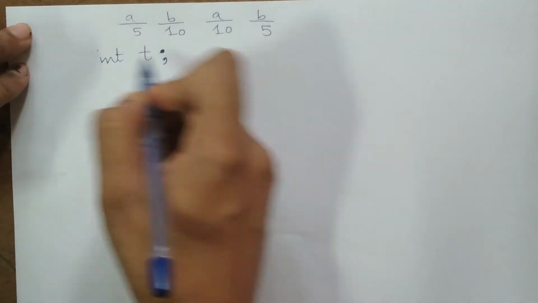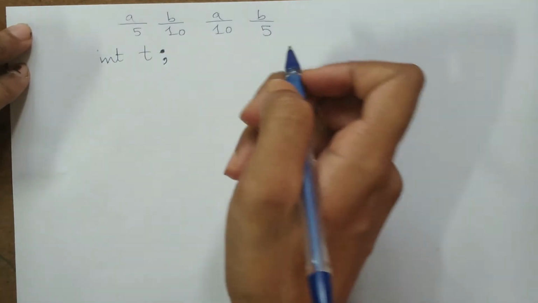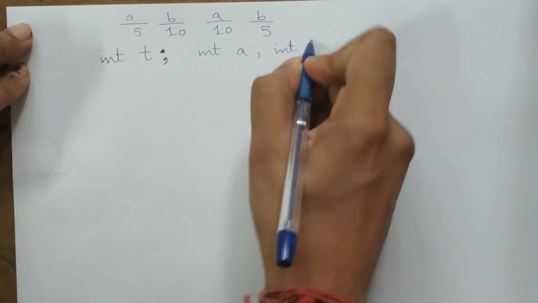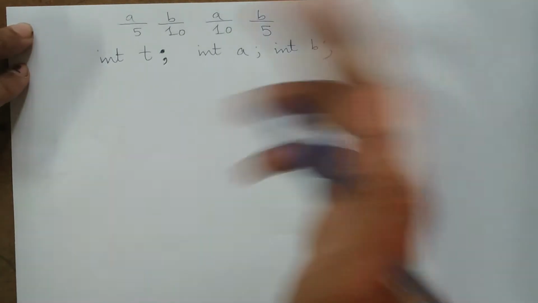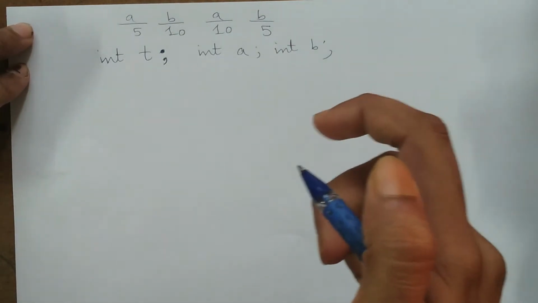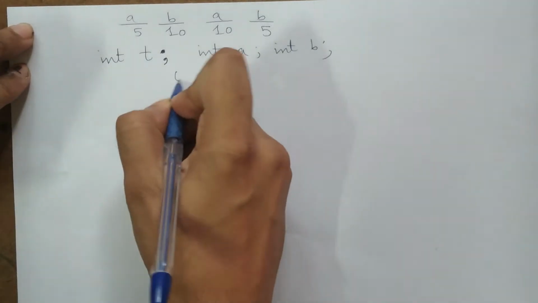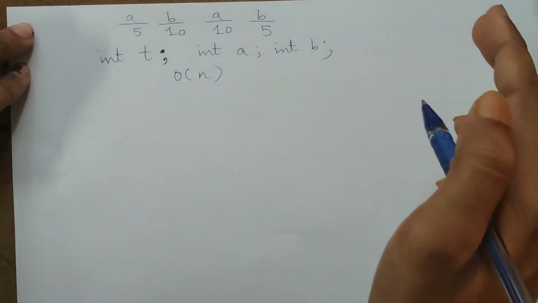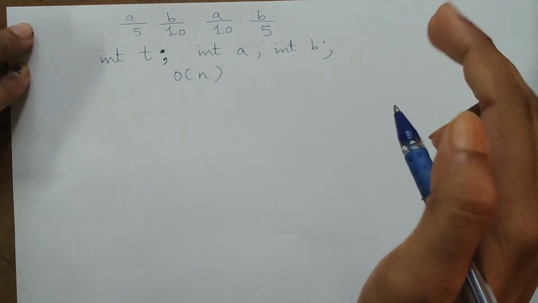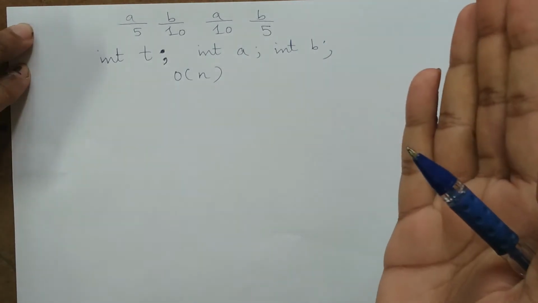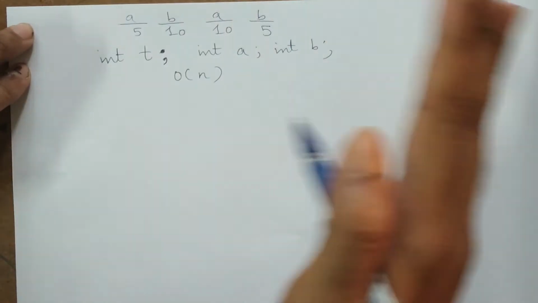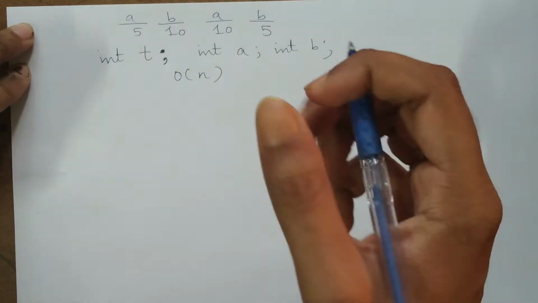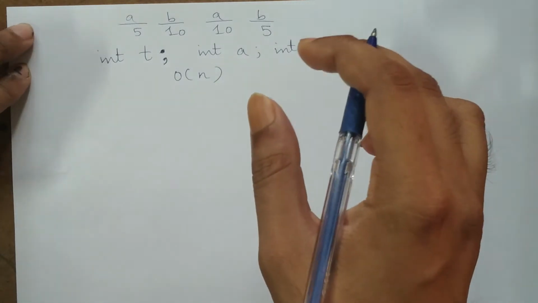Since we are not using this extra variable, what will be the variables present in our program? They will be only int a and int b. So these will be the only two variables present in our program. Why will we be using the bitwise operators at all? Because the bitwise operators have O(n) complexity, which is faster than all the other operators. We want our program to run in a much faster time rather than a much slower time. So we'll use the bitwise operators, which have O(n) complexity, and not the other operators, which have O(n^2) or O(n^3) complexity.